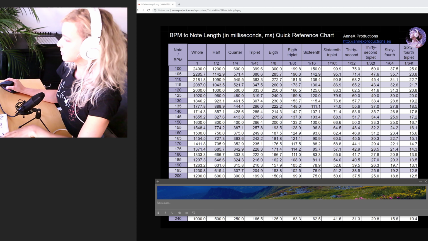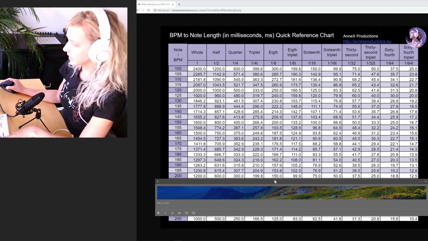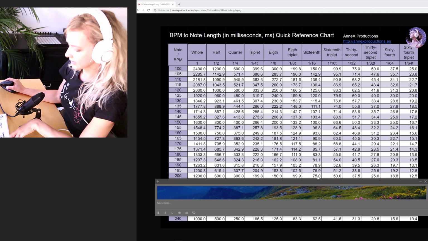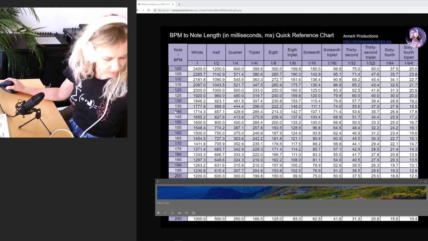Half of a kick, so the midpoint, would go up to 150 milliseconds because that's half of 300, and a quarter of that would go up to 75 milliseconds because that's a 16th note. When you use this for things like